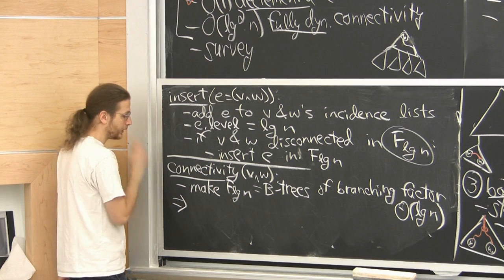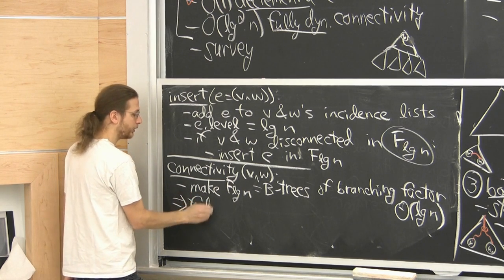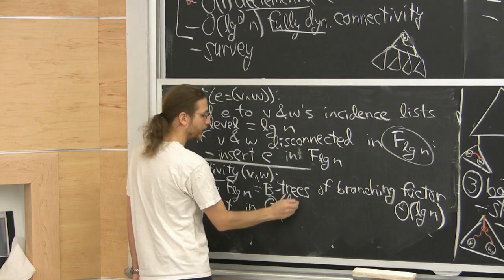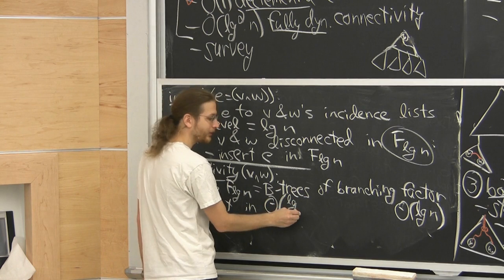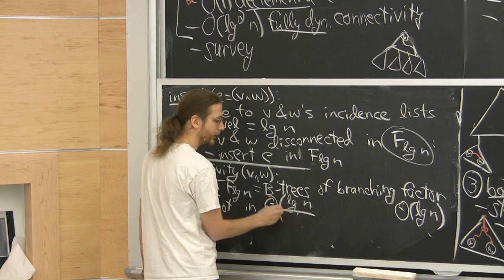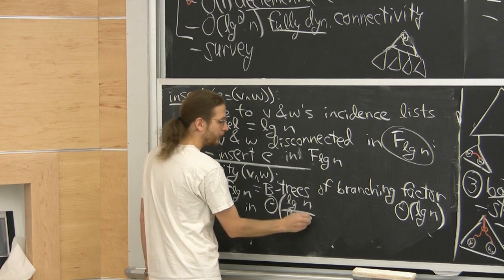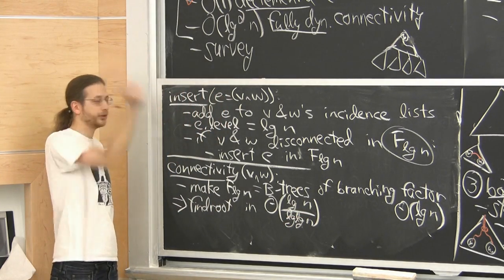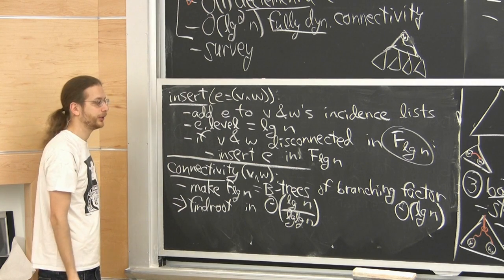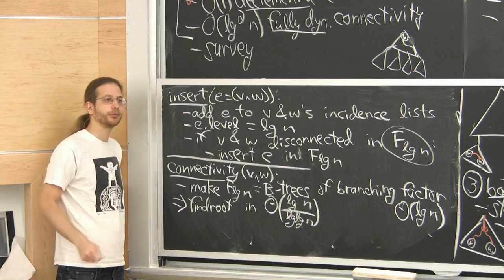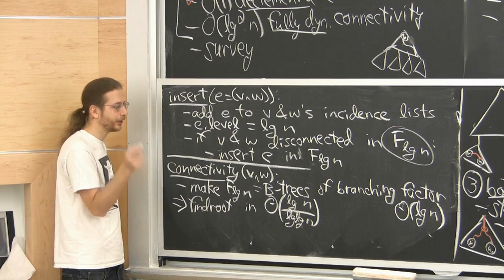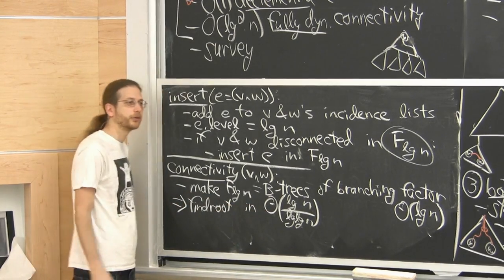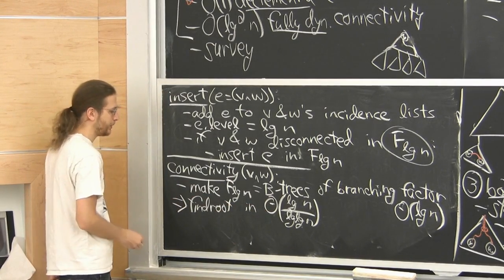So to do a find root is now a little bit easier. Find root should just be log base log n of n, which is log n over log log n. Because find root, you just need to go to your parent, to your parent, to your parent, go to the top, and then you have to go to the leftmost place. But it's easy in a B tree to always go to the leftmost place. If I had to do a search within the node, that would be annoying. But going to the leftmost, that's easy. So I only pay log over log log for query. So I got my desired query time.